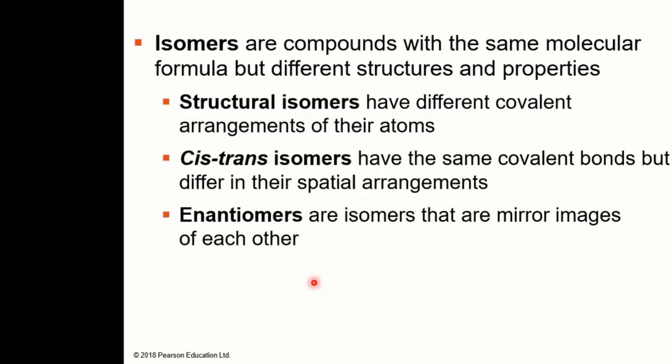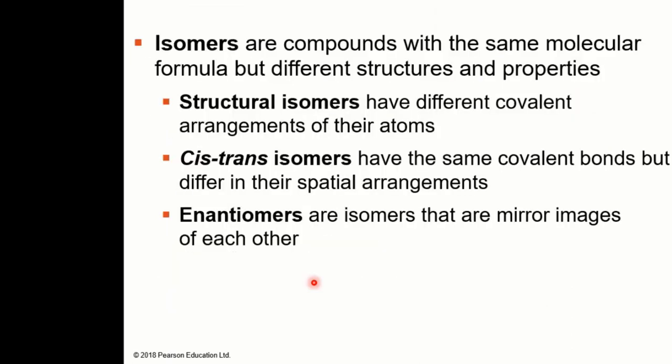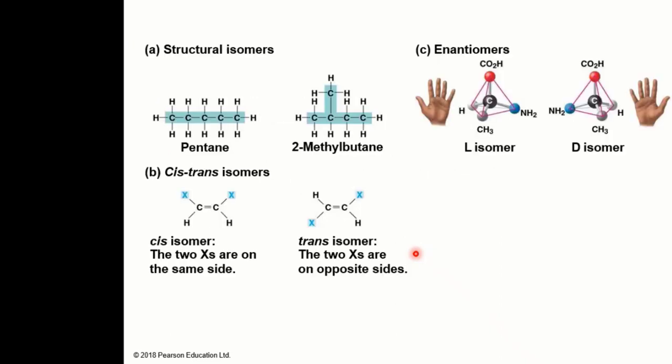Then here's the difference. We talk about structural isomers, cis-trans isomers, and enantiomers. Enantiomers are just like mirror images of each other. You understand? And the cis-trans ones have the same covalent bonds, but they differ in their spatial arrangement. And the structural ones have different covalent arrangements of their atoms. So have that structure in mind when we go to